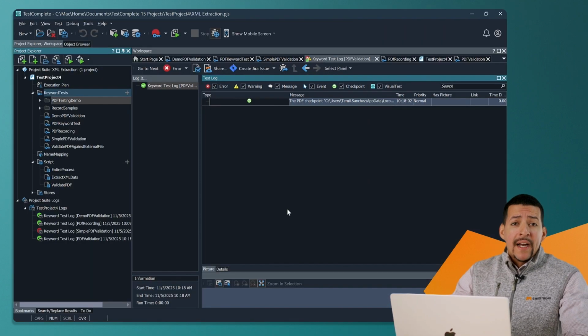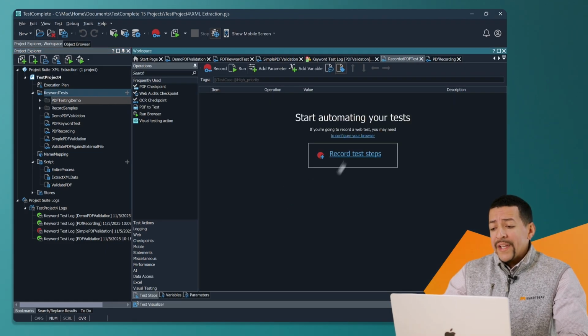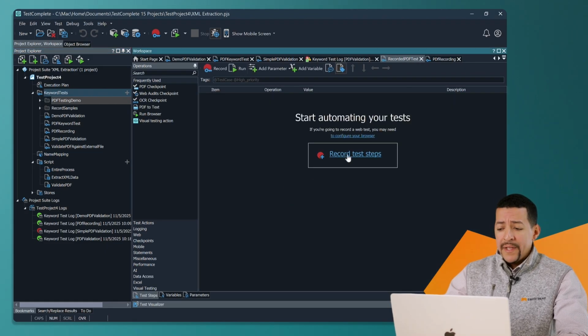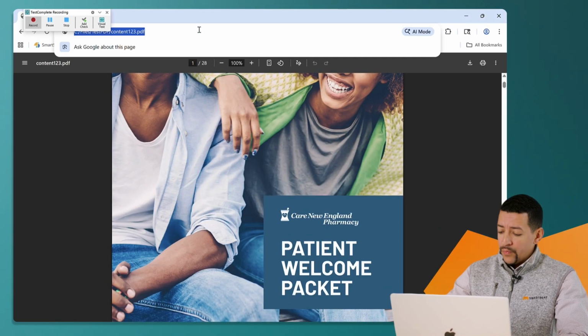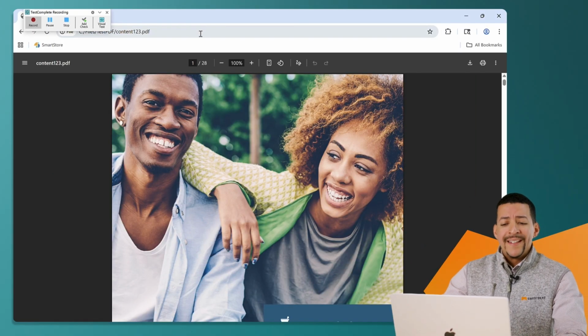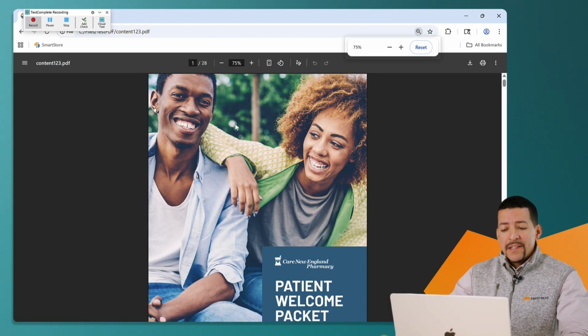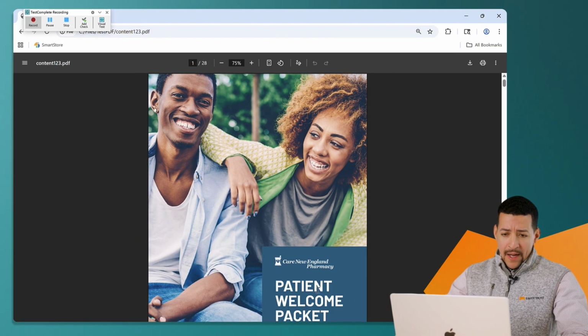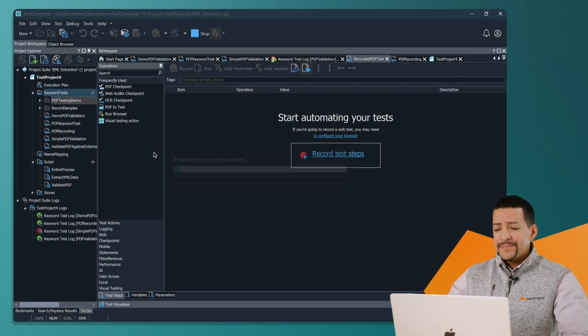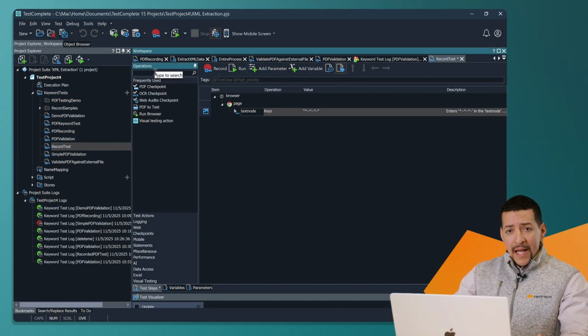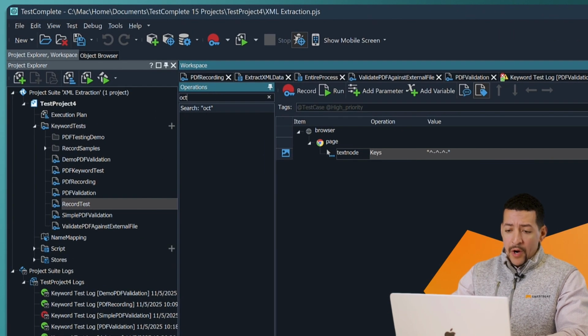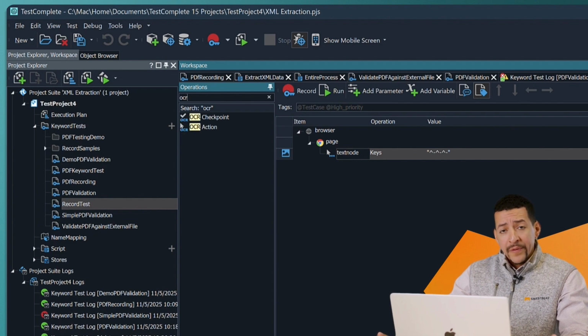Let's run through our second scenario. This time, we're going to actually record the interactions with the PDF. So let's say record test steps. I'm going to refresh the page just so that TC can capture the PDF location. And I'm going to zoom out. And that's basically all I wanted to do for this test for now. I'll stop the test. In order to validate now, we can add our OCR operation, which uses Google's Vision AI